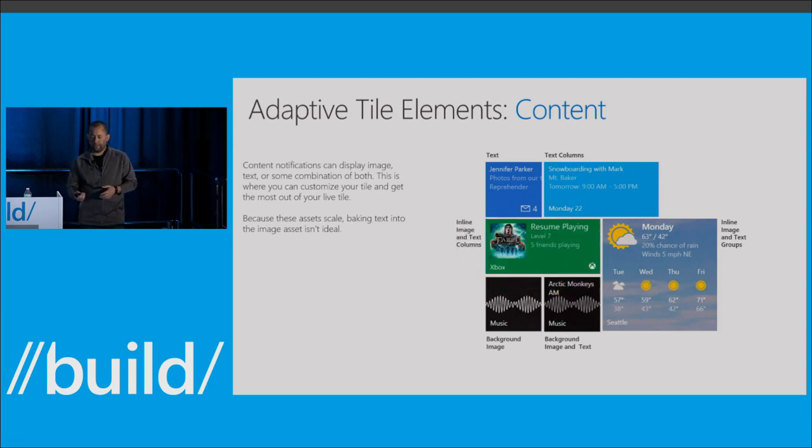And then finally, the last example, something like the Xbox tile. This is something very similar to what the Games app is actually going to ship. And this is an inline image in text and kind of in some columns. And again, all done with the adaptive layouts. I've got an image, I've got some bigger text at the top, a couple of lines of subtle text underneath it, created with the adaptive markup.